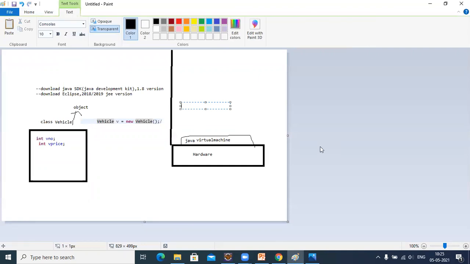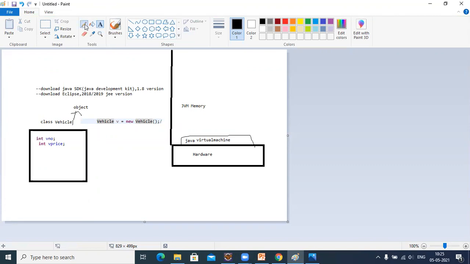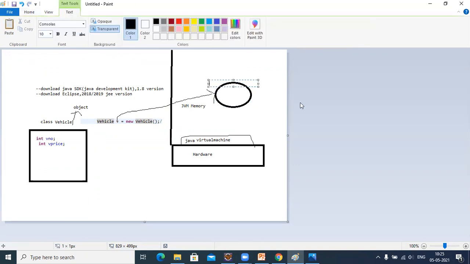So let's say you have JVM memory. Inside the JVM memory, an object is created. For what? For this particular class. Now, what is the name of this object? Name of this object is nothing but v. What will this object have? This object will have vehicle number and vehicle price.